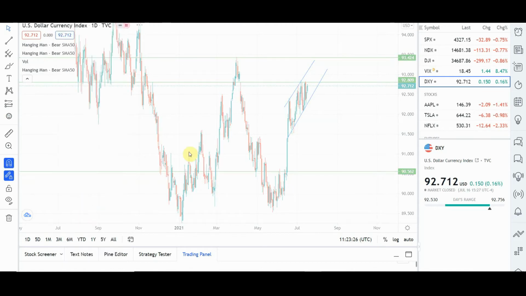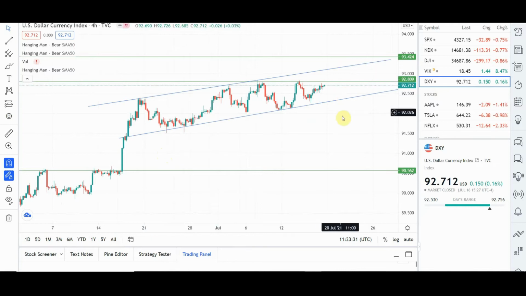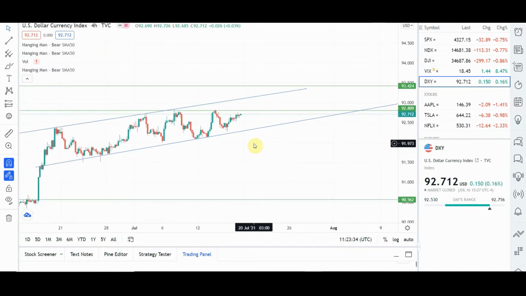So on the 4 hour, what do we have? Over the previous week we've had a nice uptrend, which has still been continuing, but very recently you could see that the DXY tested this particular price region, which was very close to the high of the channel. It came back to the support, bounced back to that same price region and retraced. The retracement was not really to the support of the channel, but currently we can see that the price is heading back to that particular zone.